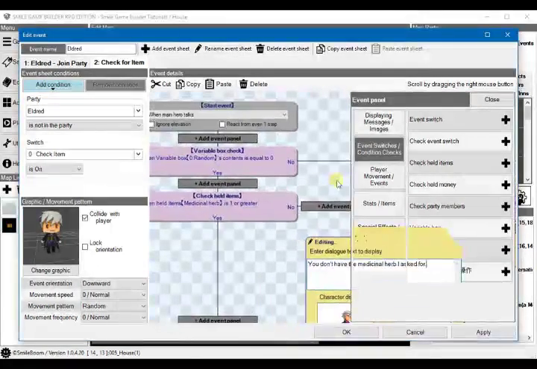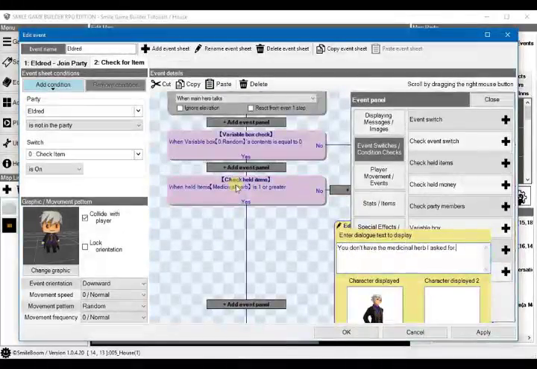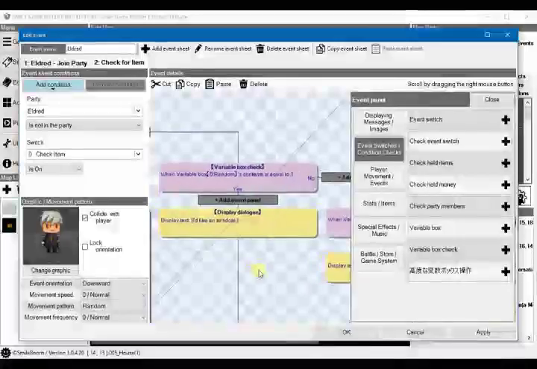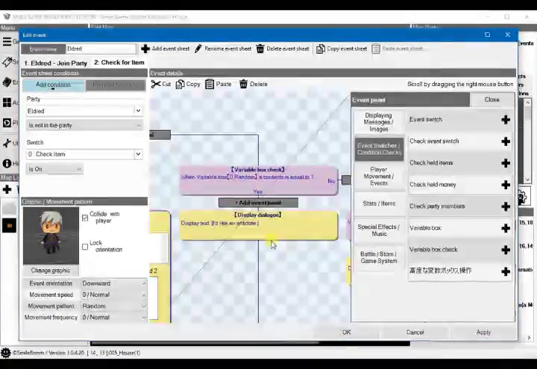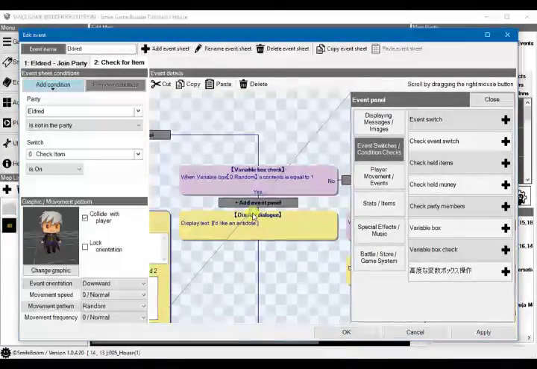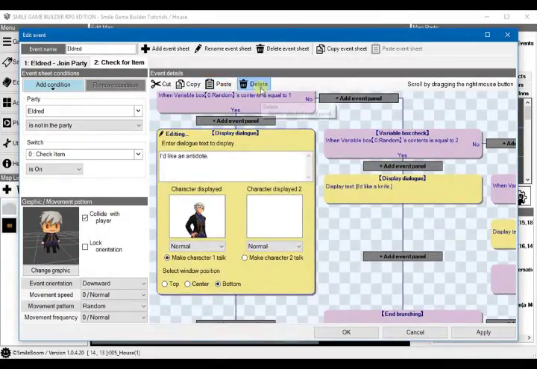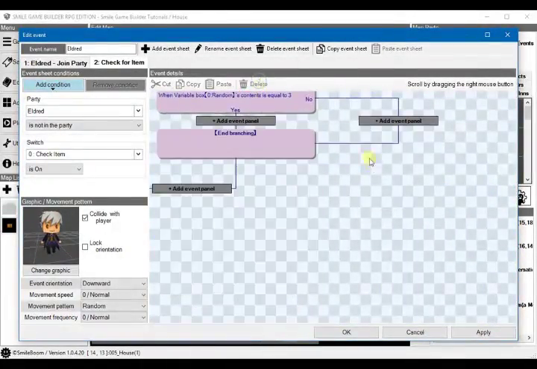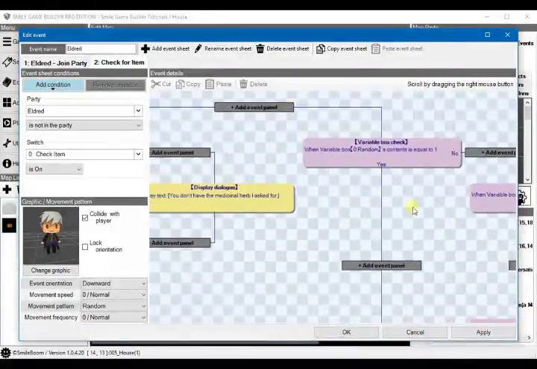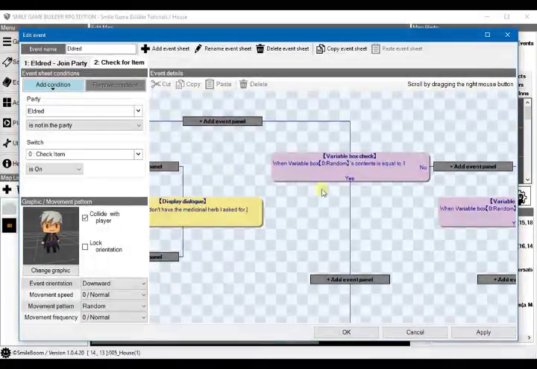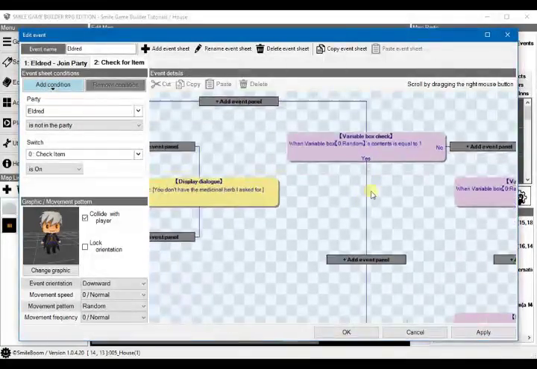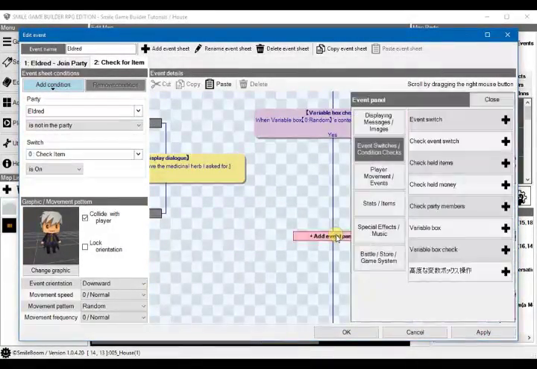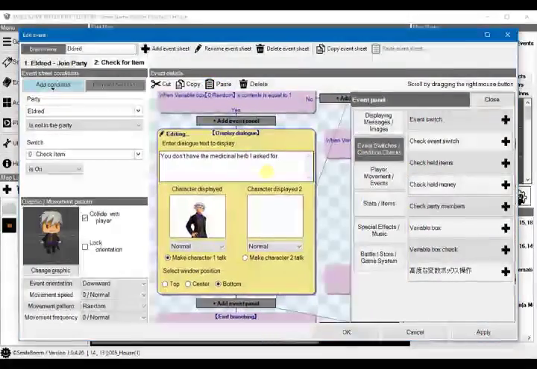Now copy the held branch like so, and then paste it. Well, first of all, we'll delete this, and we'll delete it from the other ones as well. So under the next variable box check, under yes, we paste